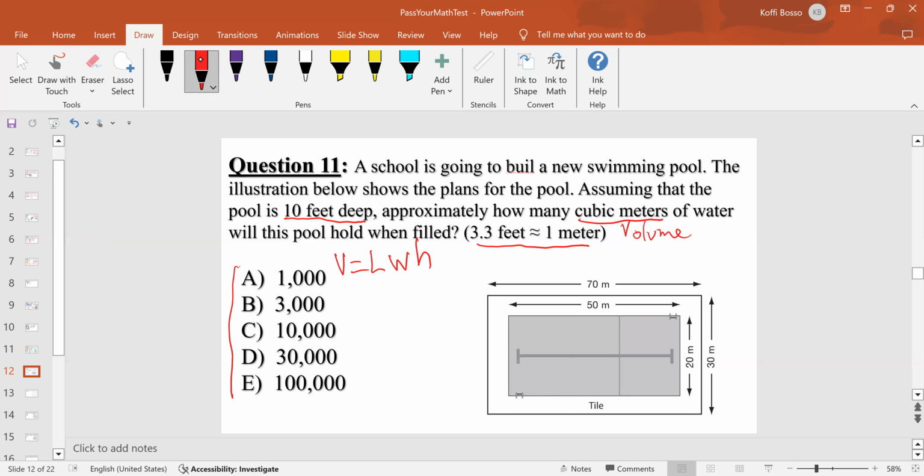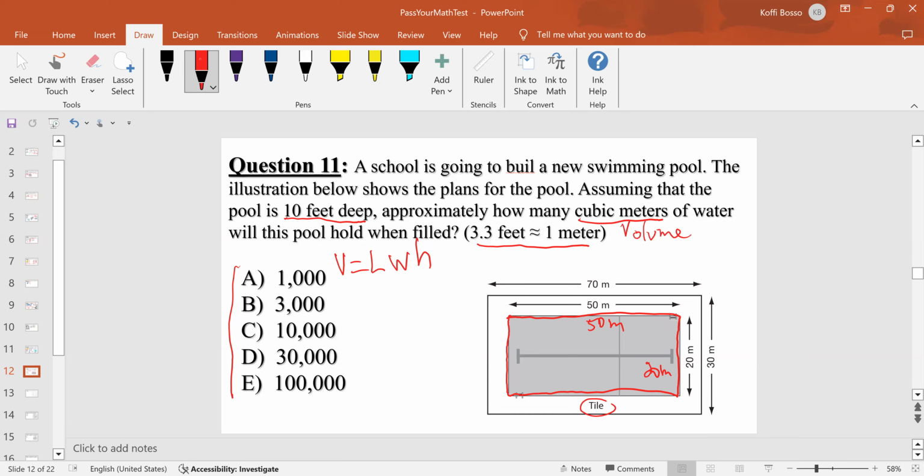many values here, but understand that they ask just for the pool. So we are using 50 meters and 20 meters. We don't use 70 and 30, because they put tiles around, and that's why we have those additional values. So now, to find the volume, because we need to use the same unit,